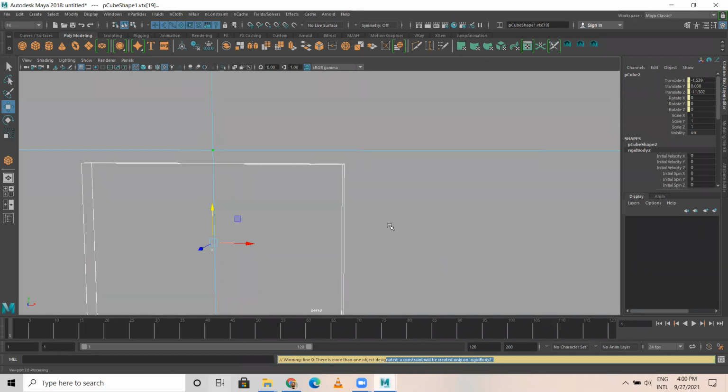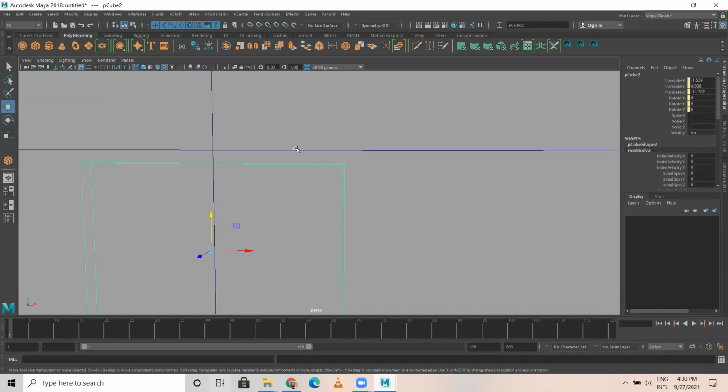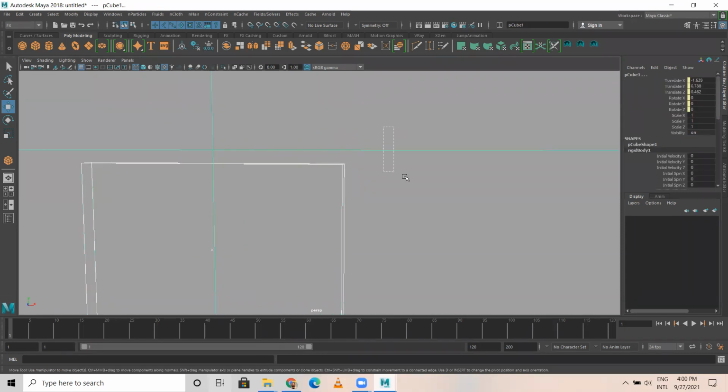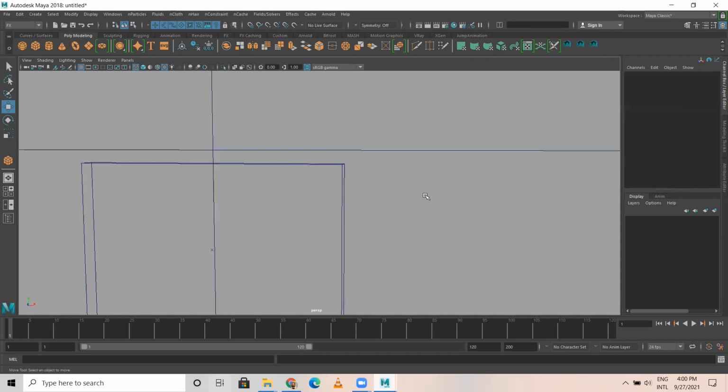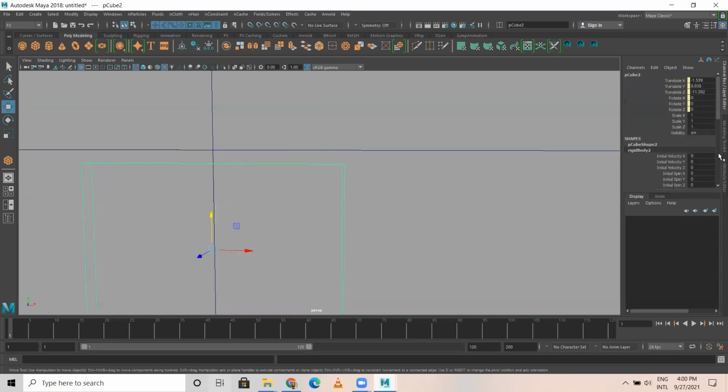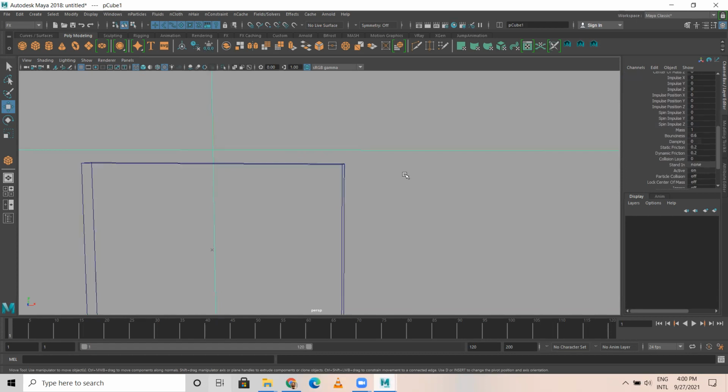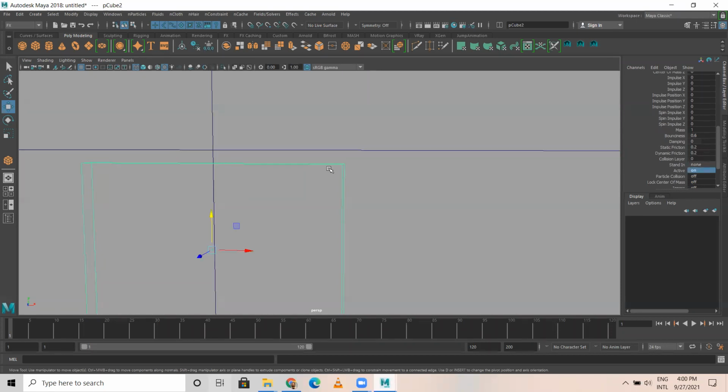Did I make this? This also is a rigid body. This is another rigid body. Active, passive, active.